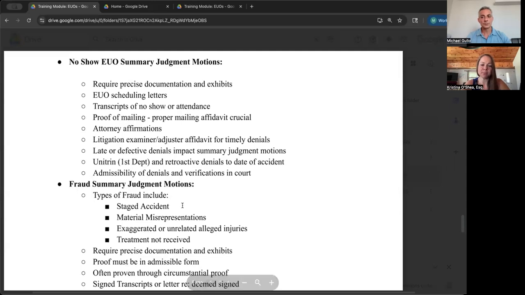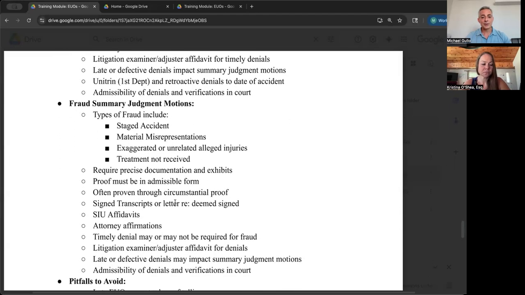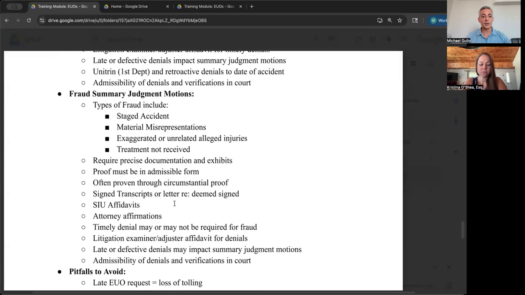Oftentimes it could be as simple as a call to see if we suggest getting that sooner, or, if we have time, we'll advise that as well. But we don't want to miss those marks. They're critical. So the other option is we have the no-show summary judgment motion, and then we could potentially